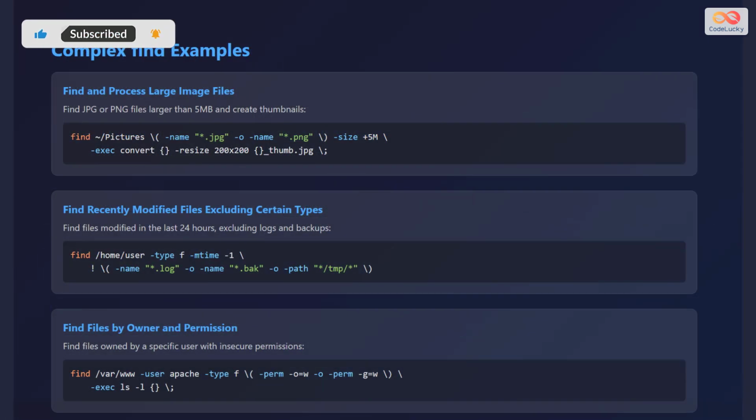Let's explore some complex find examples. To find JPG or PNG files in the /pictures directory larger than 5 megabytes and create thumbnails, use the command find /pictures -name "*.jpg" -o -name "*.png" -size +5M -exec convert -resize 200x200 {} thumb.jpg \;. To find files in the /home/user directory modified in the last 24 hours, excluding logs, backups, and files